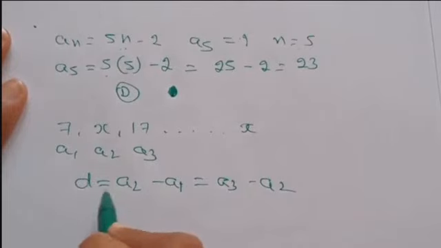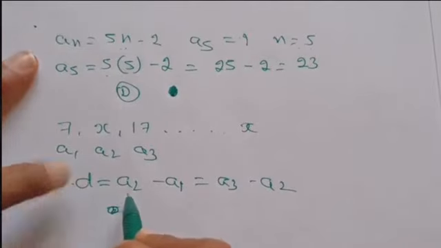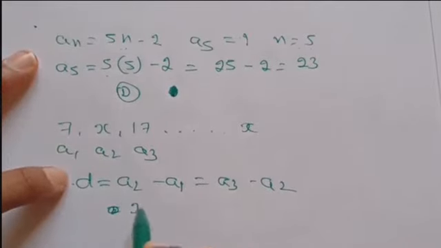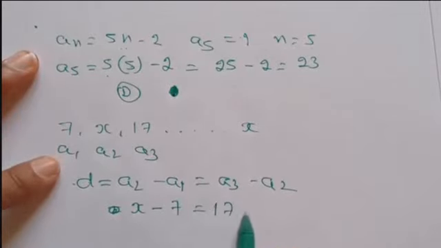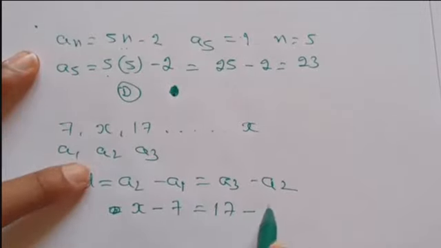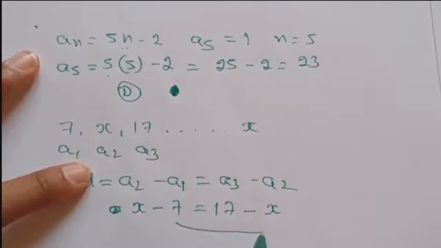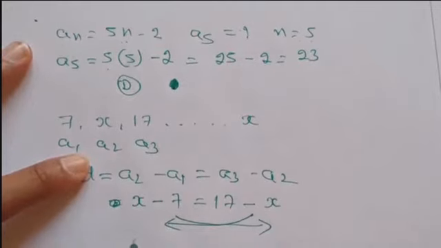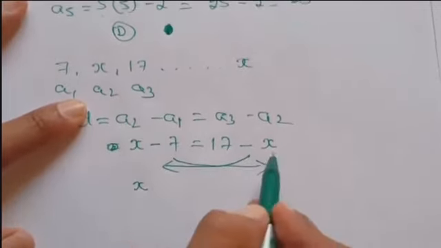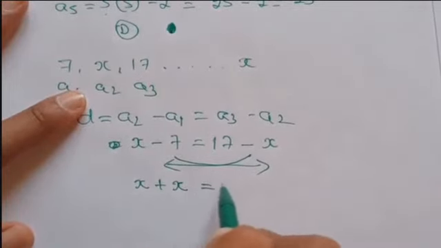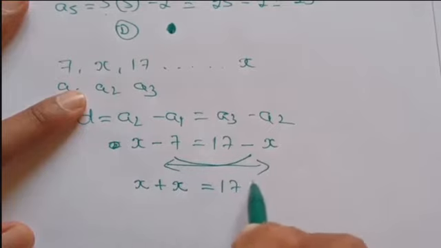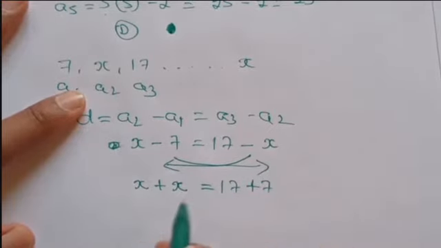Okay. So A2 is x, minus A1 which is 7, equals A3 which is 17, minus A2 which is x. Now send the 17 to the right hand side, x to the left hand side. Here x is there, keep the x there only. Now minus x will become plus x, equals 17 there only. So minus 7 becomes plus 7. So x plus x